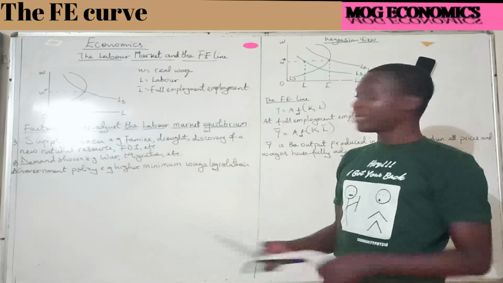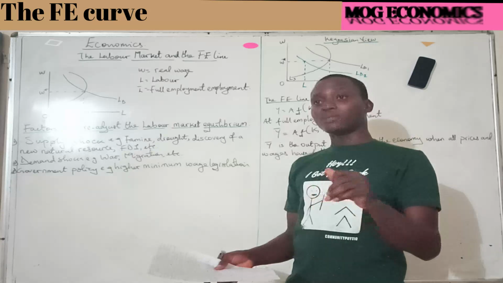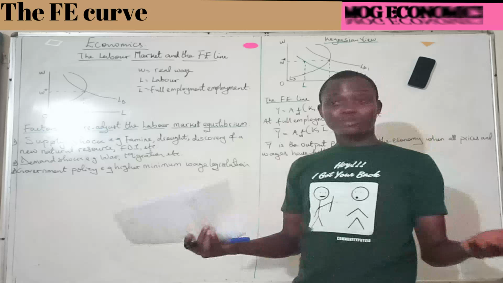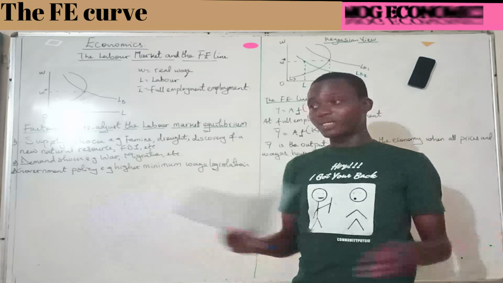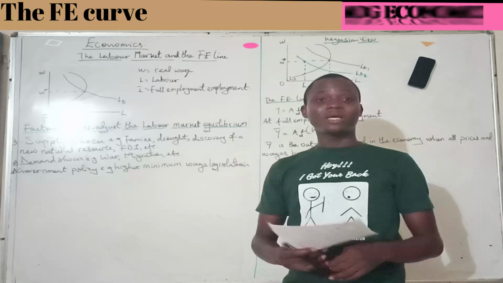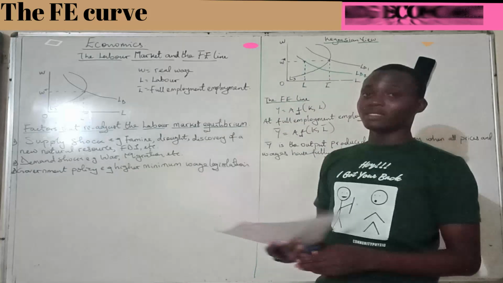What I've just explained now is the classical approach. We have two schools of thought in economics that are dominant and are fighting each other every now and then. We have the classical economics school of thought, and then we also have the Keynesian economics school of thought. So, it's the classical economics that is saying that